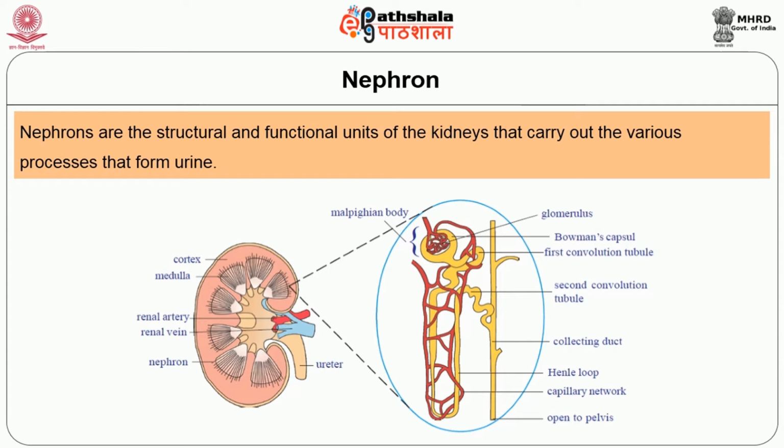In the process, macronutrients, electrolytes, and the required amount of water are retained, while waste substances, excess electrolytes, micronutrients, and toxins are expelled. As I have already mentioned, each kidney has 1 to 1.3 million nephrons. The number of nephrons begins to decrease after 45 to 50 years at the rate of 0.8 to 1% every year.